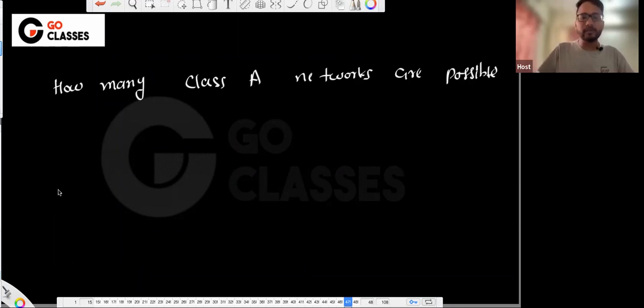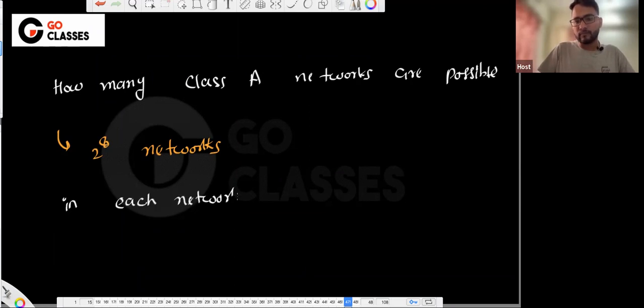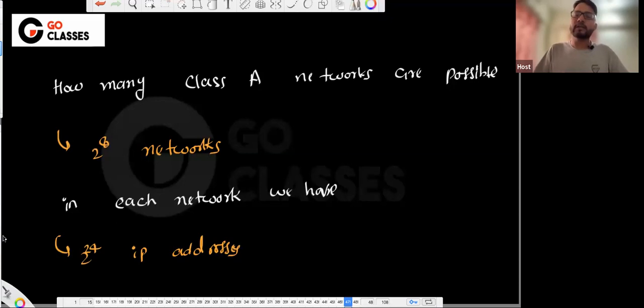Since these are just 8 bits, only 2 power 8 networks are possible, first of all. Secondly, in each network we have 2 power 24 IP addresses. So both are not desired, which means only 256 organizations can have an IP address of